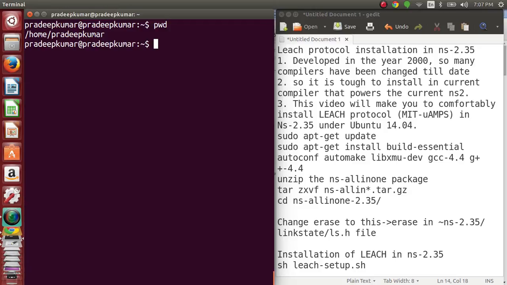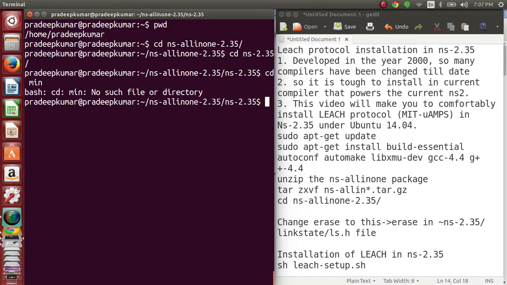What I have done is I have corrected all the errors which the users encountered, and I have made the users do some changes, because willingly or unwillingly they have to do it. That can also be automated, but I don't have enough time to do that. But if you are planning to, you can use it. One thing I am telling you, in the ns-allinone, in the MIT package,